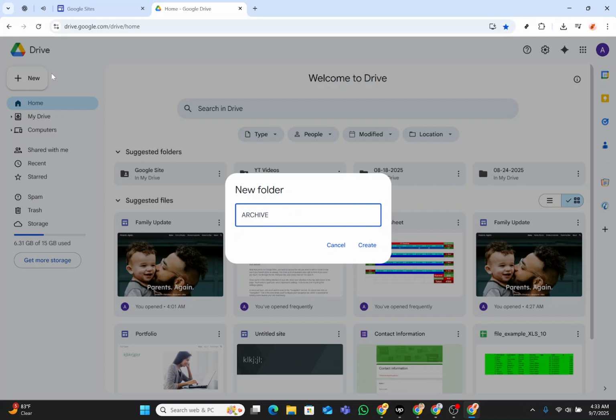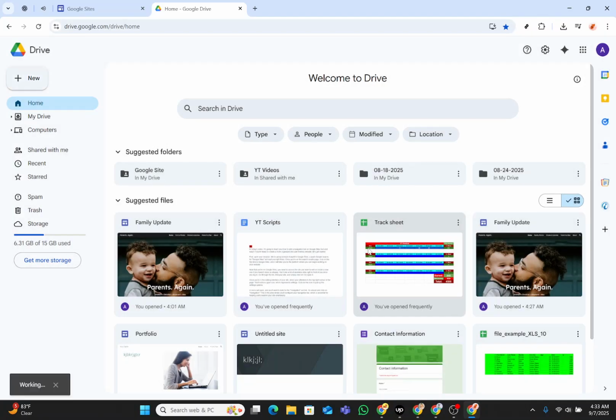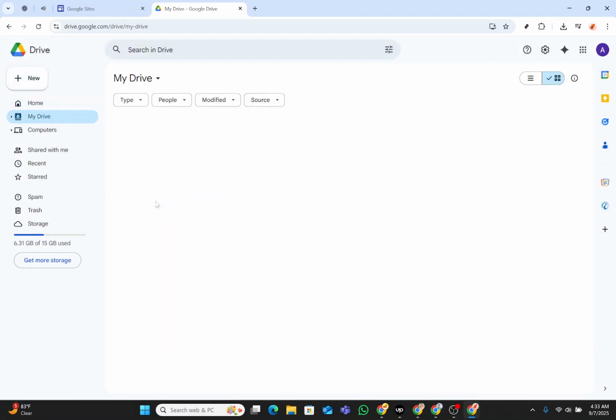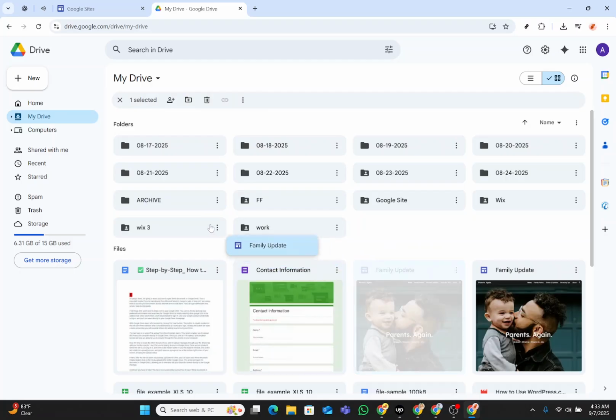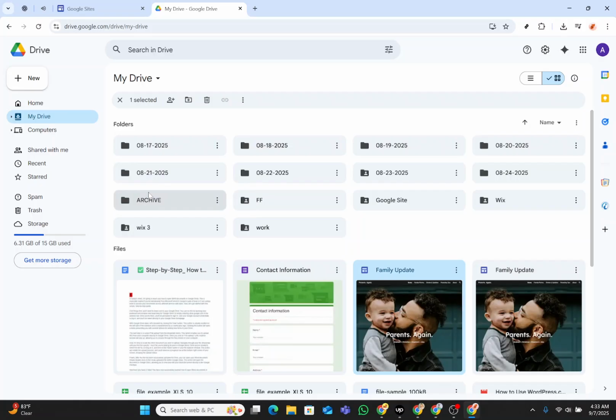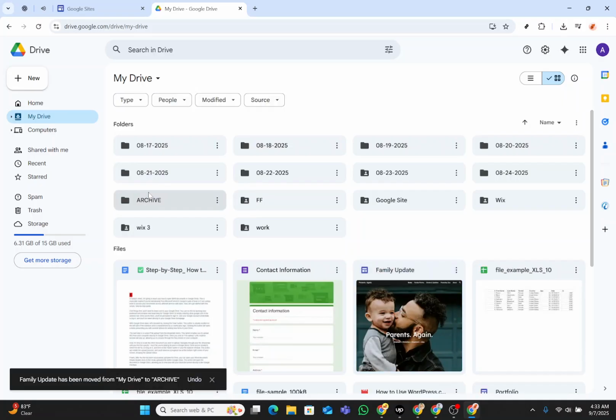keep secure and retrievable. With your archive folder ready, simply drag and drop your selected Google site into this newly created folder. This is as simple as clicking on your site, holding it, and literally dragging it over to the archive folder before dropping it in. This action not only organizes your Drive, but also ensures your site is moved to a safe location where it's